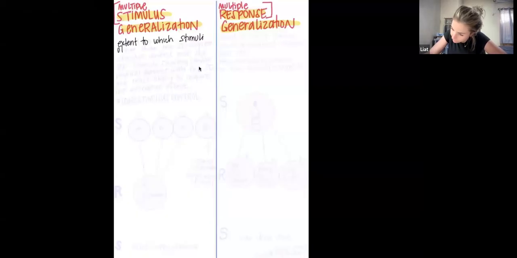So we're going to write out these long definitions and then we're going to draw it out and you're going to get it. Okay. So let's just write it out first. And then after that, you're going to understand it. So, stimulus generalization: the extent to which stimuli other than the SD, or the discriminative stimulus,